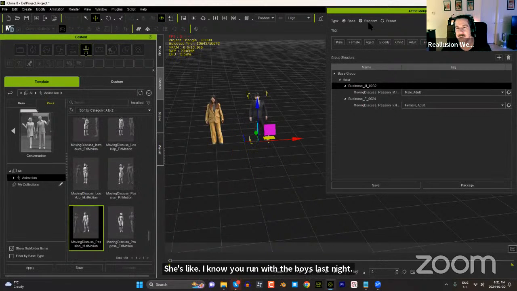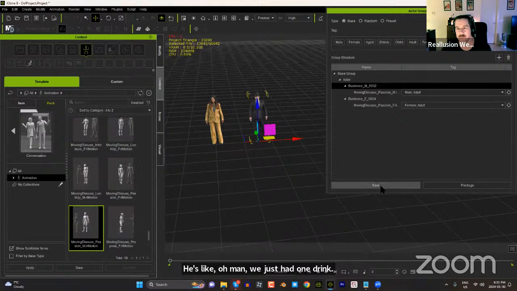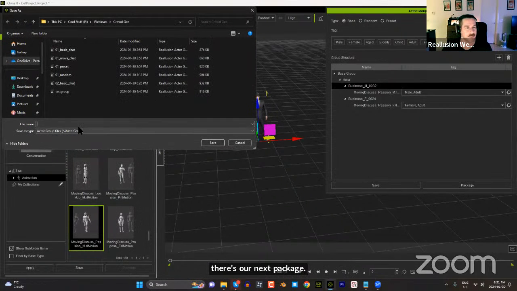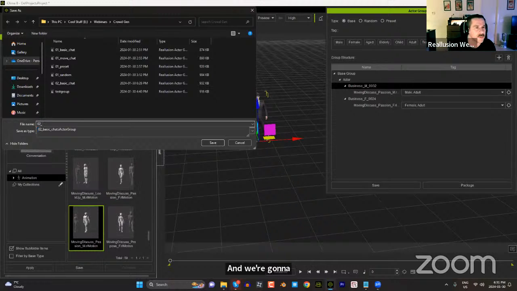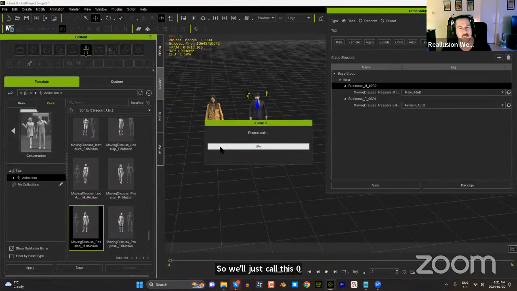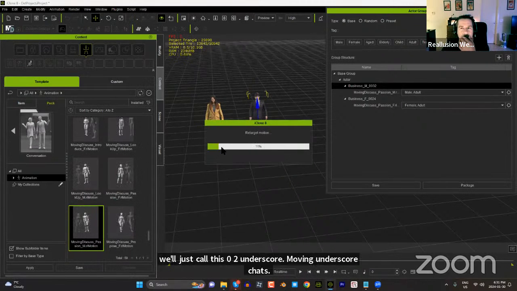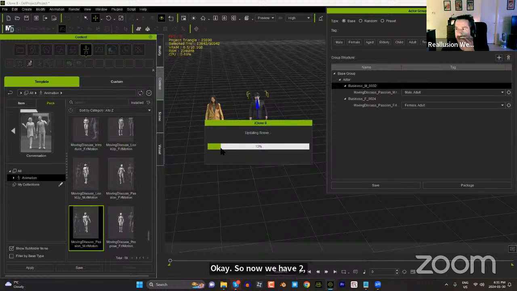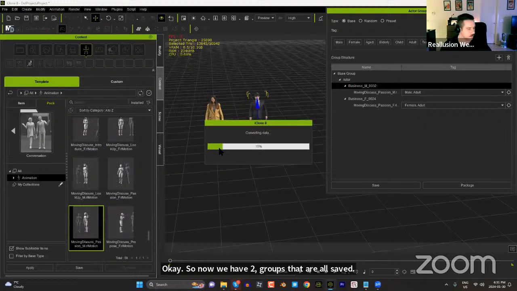So there's our next package. And we're going to save this as a base type as well. We've got to get through a lot of stuff here. So we'll just call this 02_moving_chat. Okay. So now we have two groups that are all saved. And once that retargets the motion and saves all the characters,